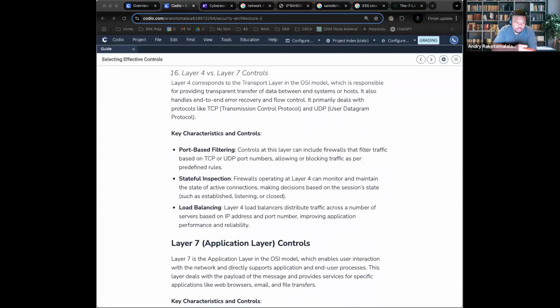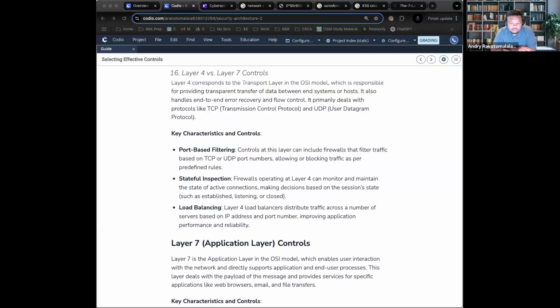allows needed services. So only allowing the most important ones, such as it blocks FTP, which stands for File Transfer Protocol, which is port 21, means that it blocks it, and it only allows secure ones, such as SSH or HTTPS. Port filtering, all it means is we're blocking unneeded or unuseful ports. We're only allowing the most important ones.